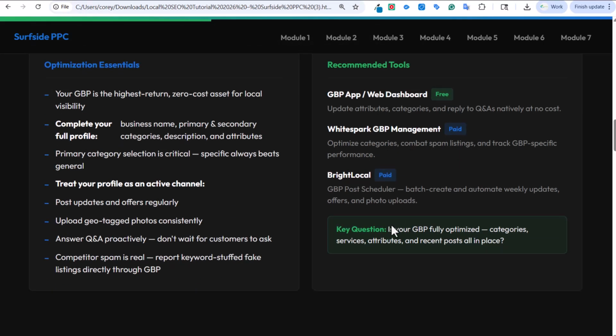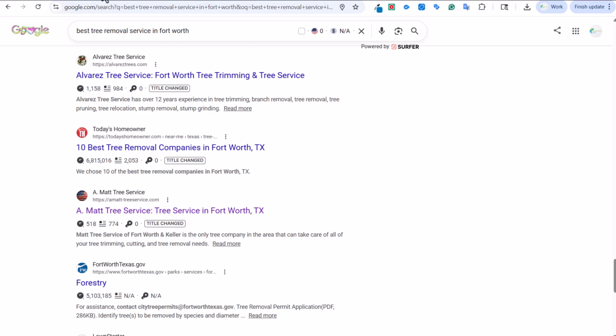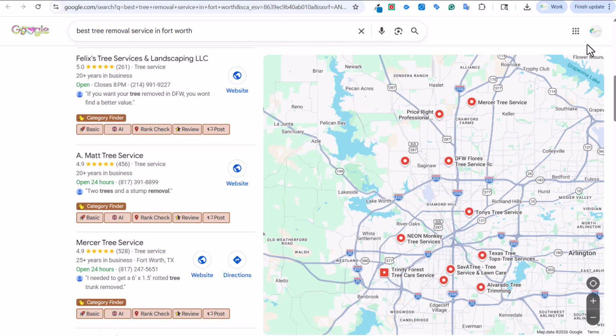And this one, pretty simple. Is your Google Business Profile fully optimized? Categories, services, attributes, and recent posts all in place. Main thing that you need to ask yourself when you're looking at all of these results here, you can use what's called GMB Everywhere